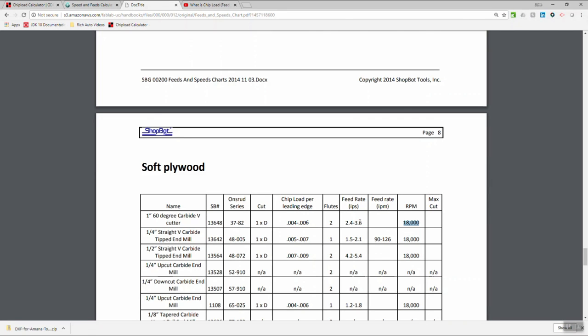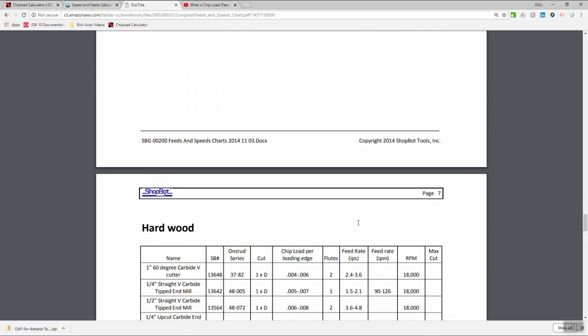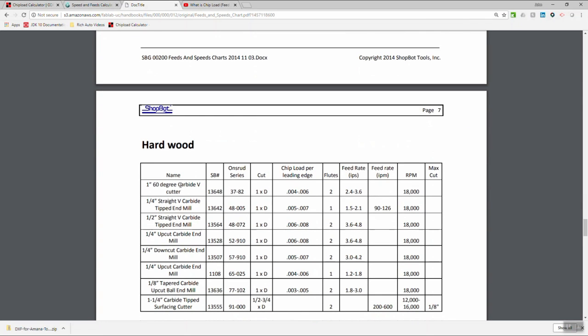So I bet that if I were to come up here to the hardwood, let's just go straight to the hardwood, and we look at the same bit. Okay. And now we can see the 18,000 RPM, and the feed rate is 2.4 to 3.6 inches per second, and the chip load is 0.004. Now, this one is obviously a lot harder, so you're going to be a lot more careful whenever you cut